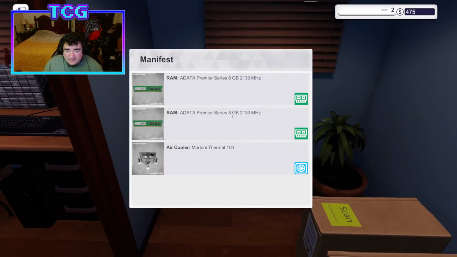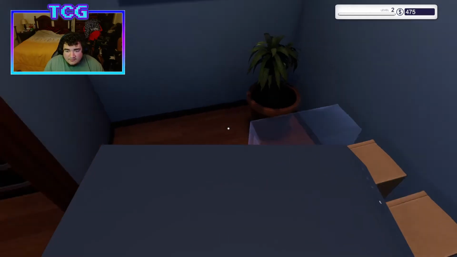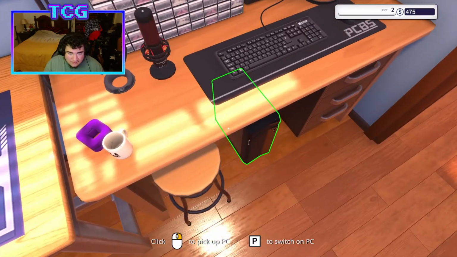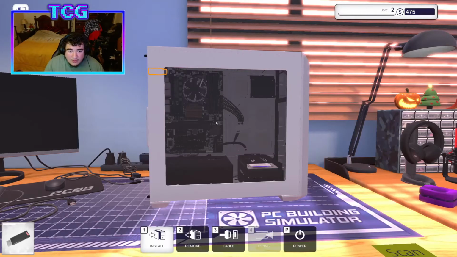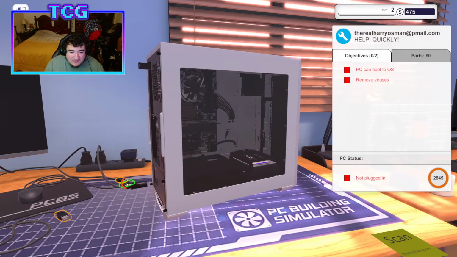Alright, so we got ourselves our 16 gigabytes of RAM, got our air cooler, and you know what, let's take care of this one first because this is a very simple basic one. We just gotta remove viruses. So let's go and turn our computer on, light on. I don't have to take it apart, so I'm just gonna plug the USB drive in. I'm gonna plug the cables in,